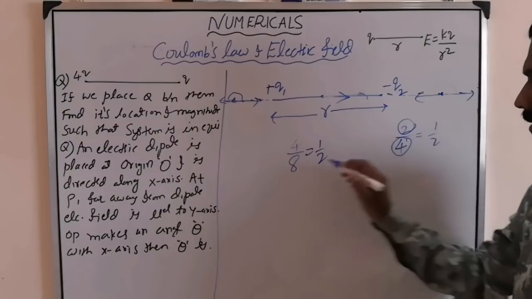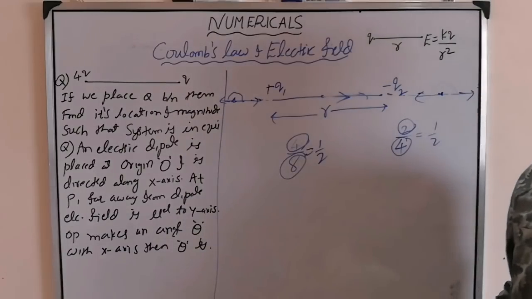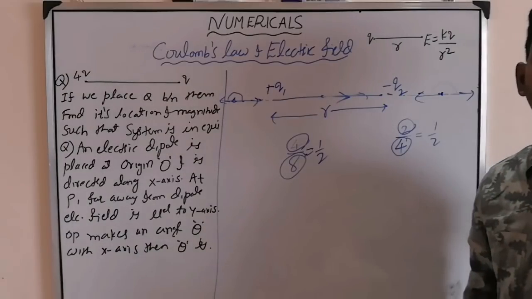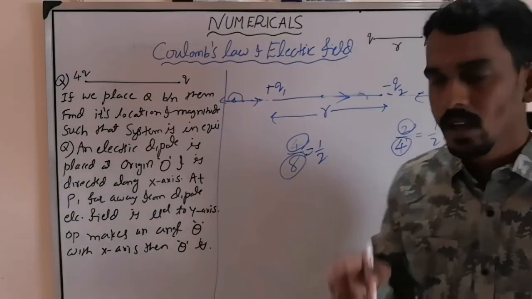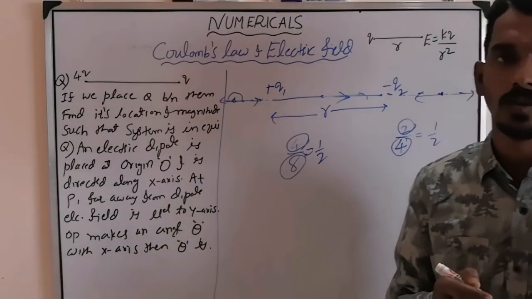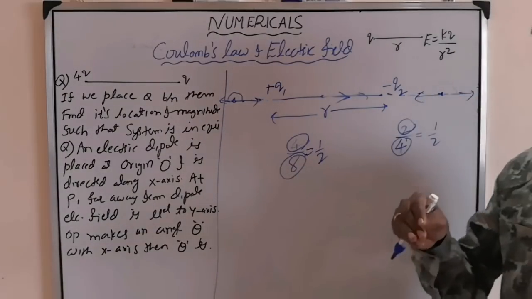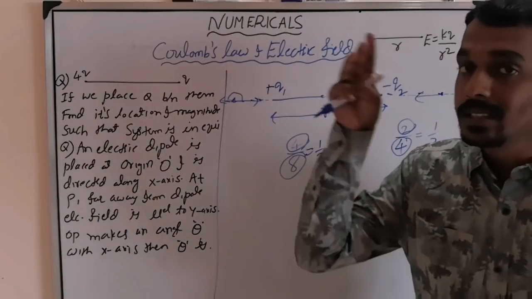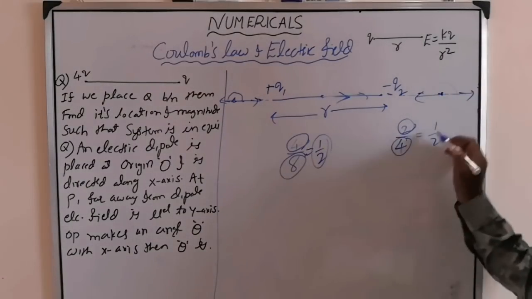Smaller charge, smaller distance. Greater charge, greater distance. So that the ratio may be equal, so that k is the same. Then you can get what? Fields are equal. When fields are equal and opposite, then what will you get? Fields get cancelled. So what point will it become? Null point, because the resultant field will become 0. So if you place a third charge at this point, it experiences what? 0 electrostatic force. Then what can you say? That the third charge is in equilibrium. So 1 by 2, 1 by 2.